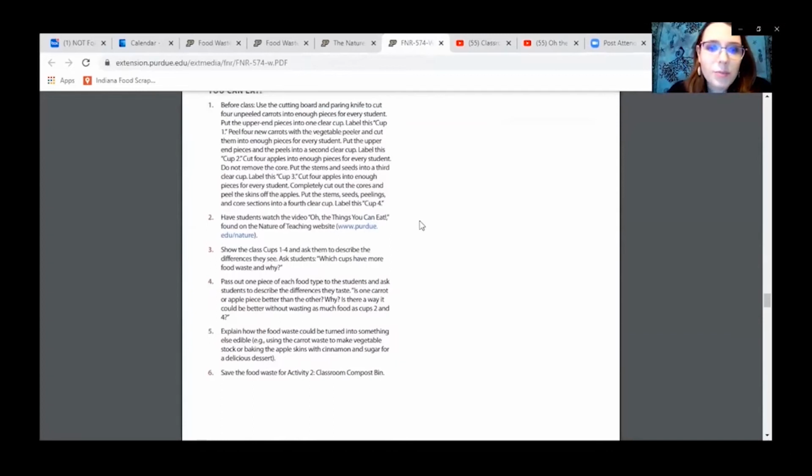And you can also explain how the food waste could be turned into something else. Like for example, the carrot waste could be used to make a veggie stock. The apple skins could be mixed with cinnamon and sugar and baked for a dessert. And then you can save all of the food scraps for the next activity in this lesson, which is the